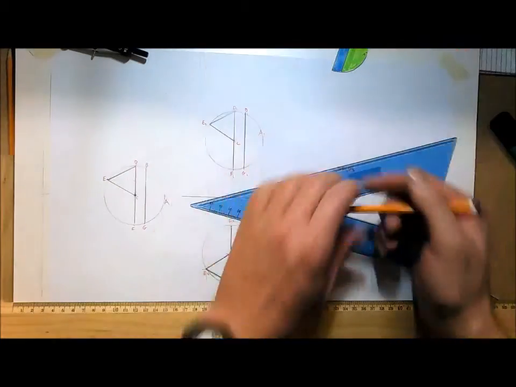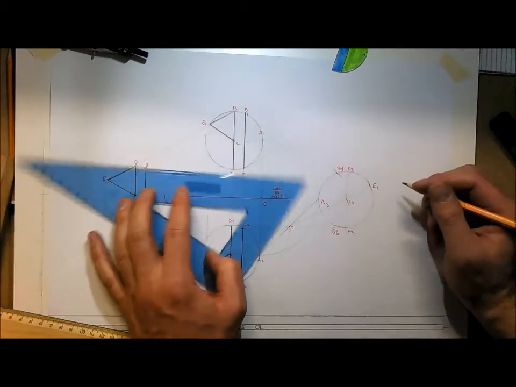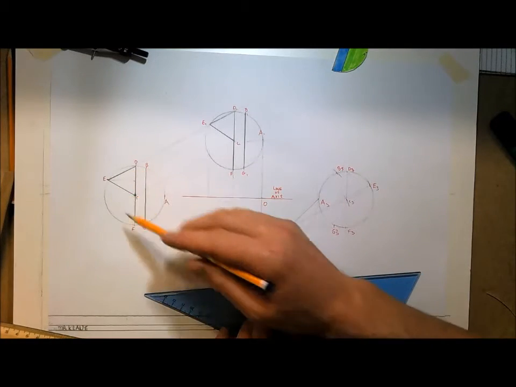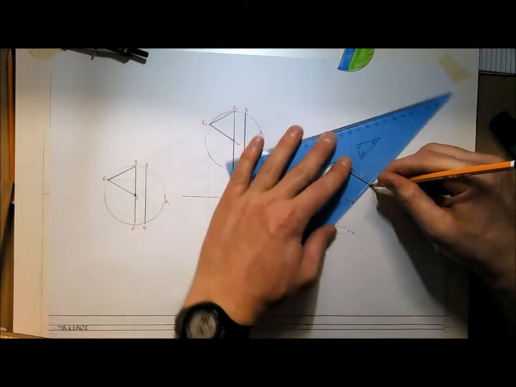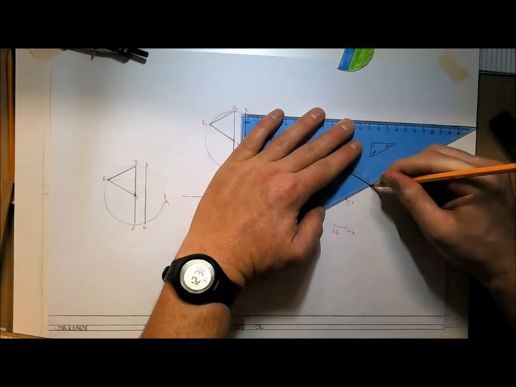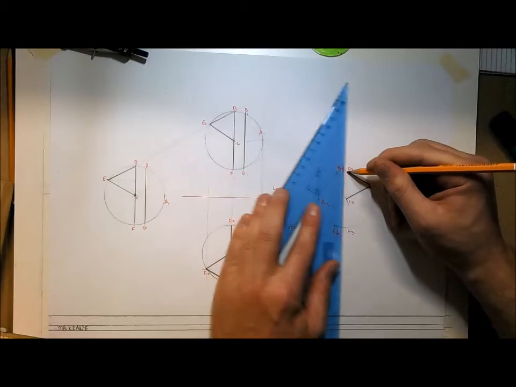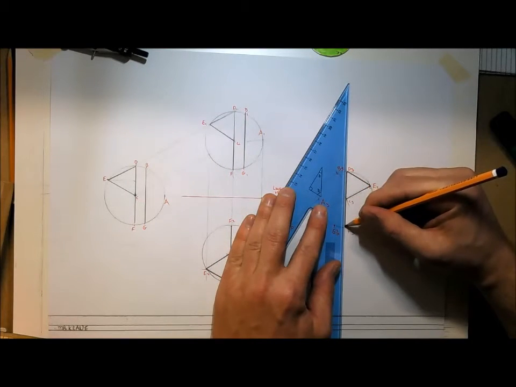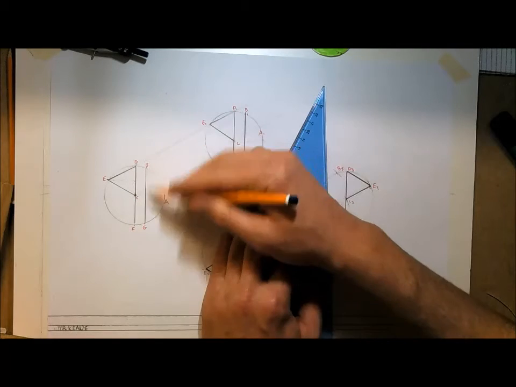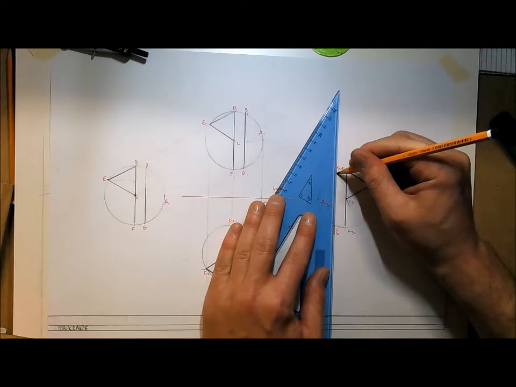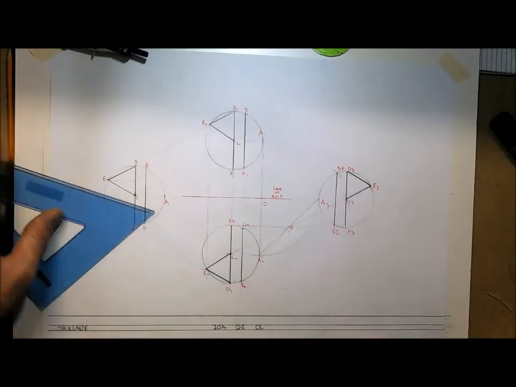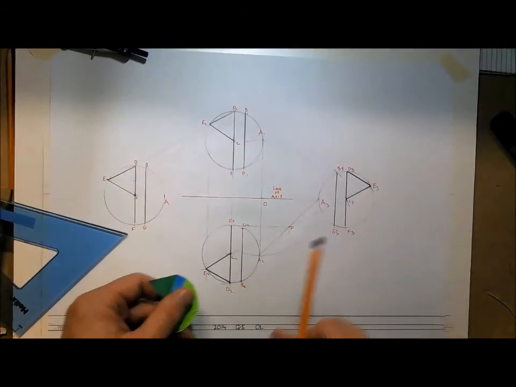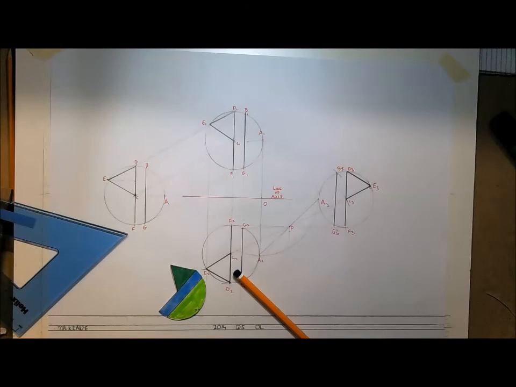So central symmetry through point P, and we can see our shape here. So go back to the original one. D went to E and E went to C. So D goes to E, E goes to C, okay, D down to F, and B went to G. That is our